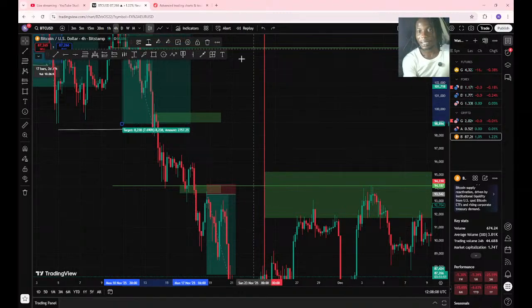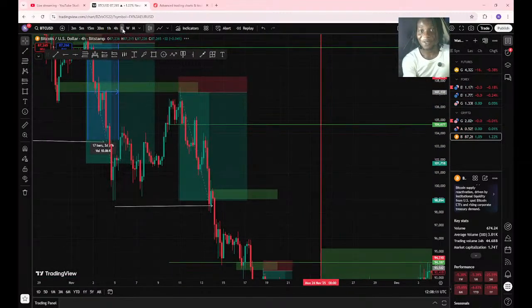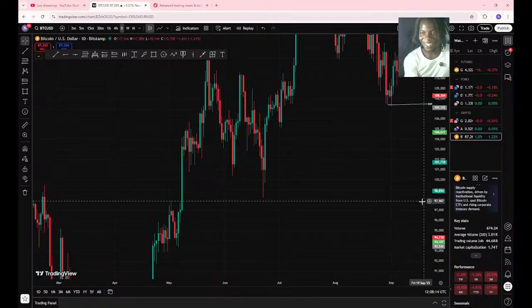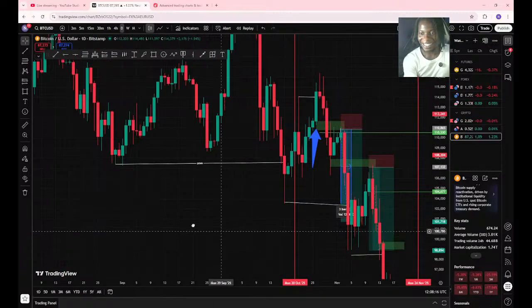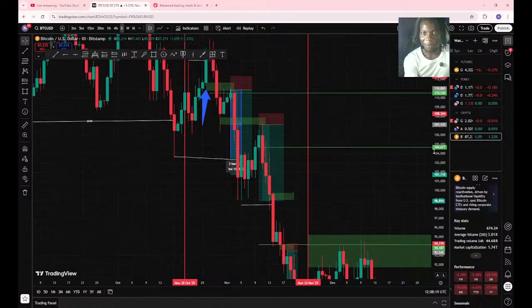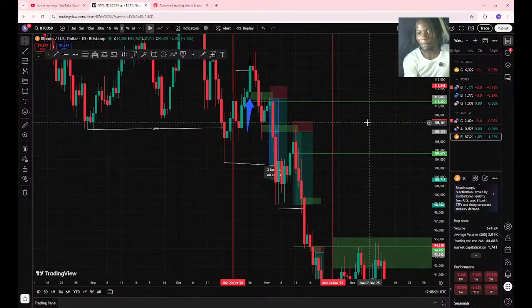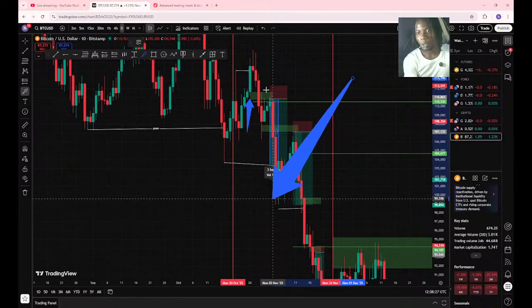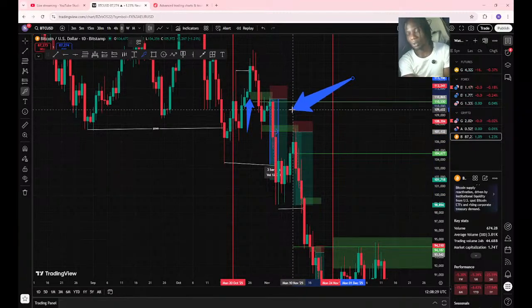Very easy strategy, guys. I just gave you a full day course of market structure in less than 2 minutes. Remember, guys, we are on the daily time frame. Look at the daily block. So now the daily block is telling me 2 blocks, so I just aim for 2 blocks.